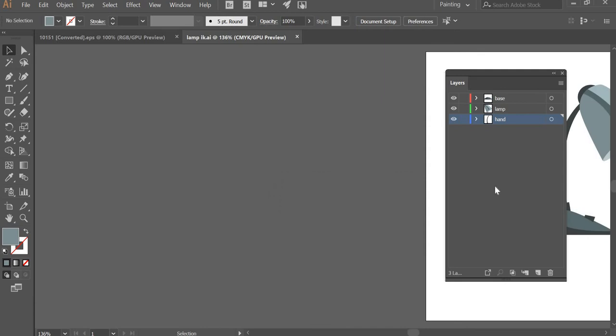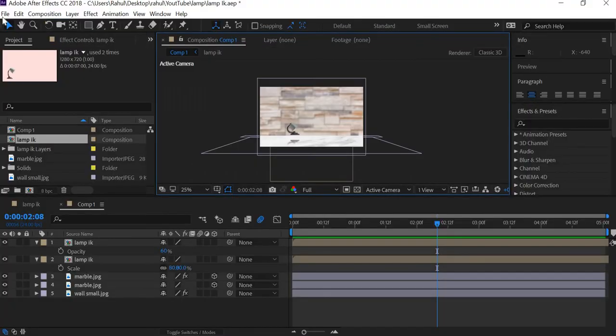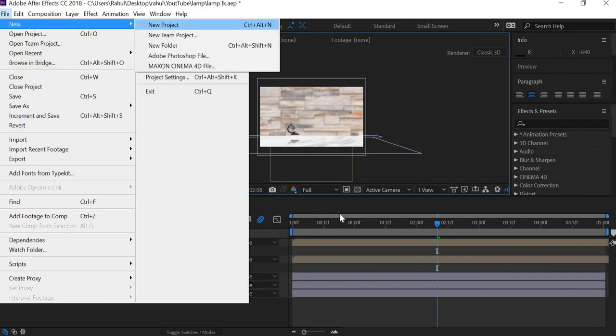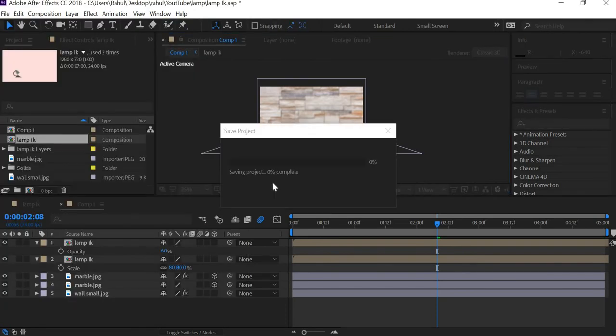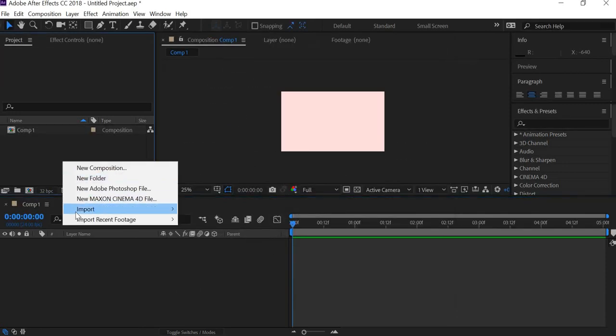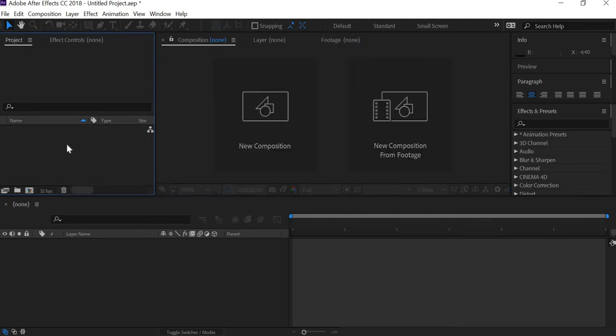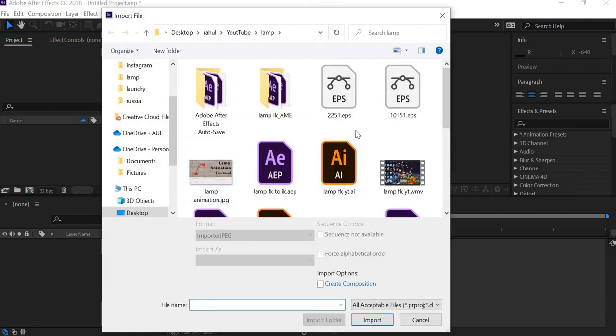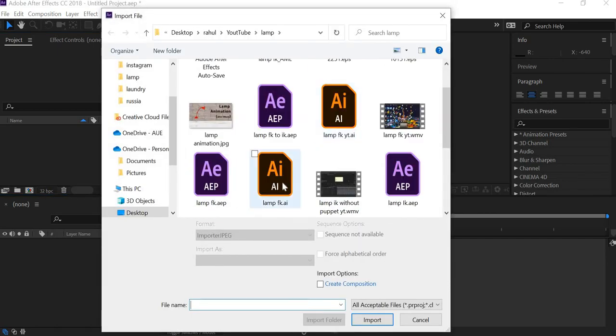Open up After Effects, file, new project, new composition. I'm using a 1280 by 720 composition. 24 frames is the frame rate. Duration doesn't matter. Background color is white. We don't need to actually create the composition. Go to file, import file, select lamp IK,